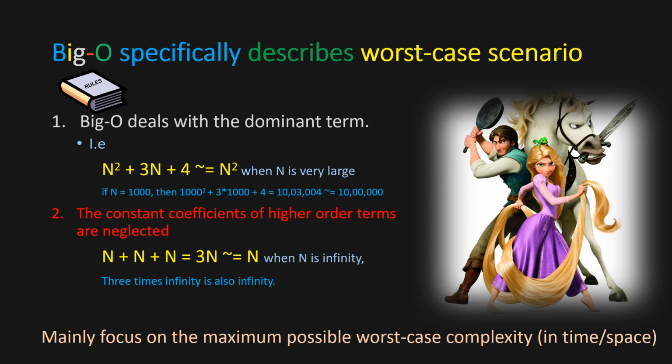Suppose an algorithm has to check whether an item is present in an input array. The program starts checking each item in the array. If the item is found, the program stops further checking and returns. Here the best case is when the item is the first item of the array, whereas the worst case is when the item is not found in the array or is found as the last item of the array. In big O notation, the focus is on the worst case. So we are interested in the time or space complexity when the item is not found or is the last item in the array. That is, with big O, we know the worst possible scenario of our program.